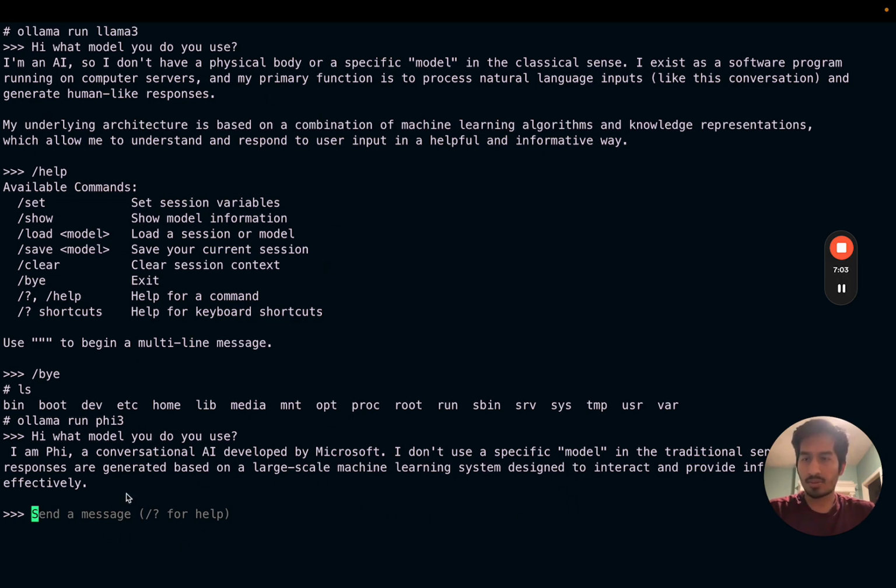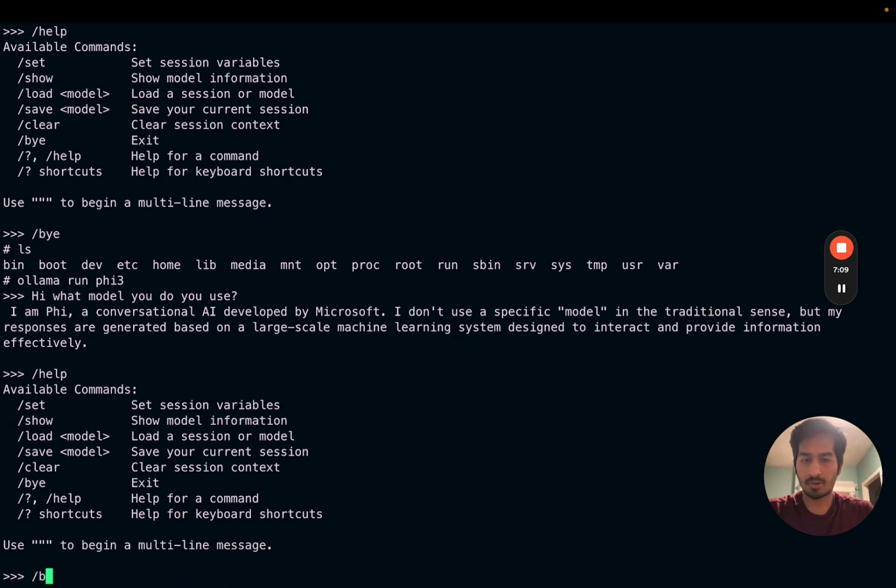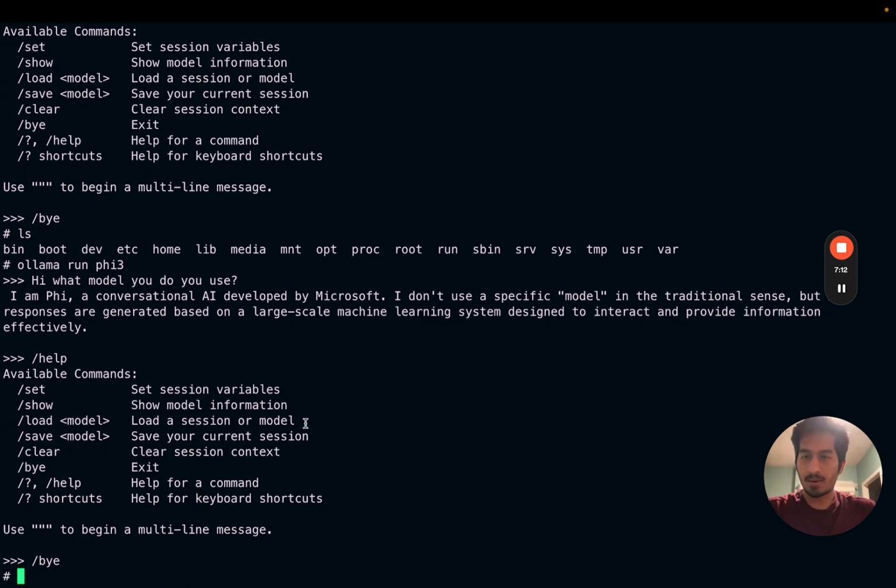Okay, so we are able to get a response. Let me check the help again, and I'm going to close the chat. Okay, we were successfully able to run the LLMs locally using a Docker container. Now let's try to customize the model and